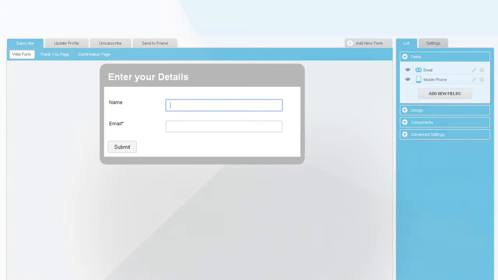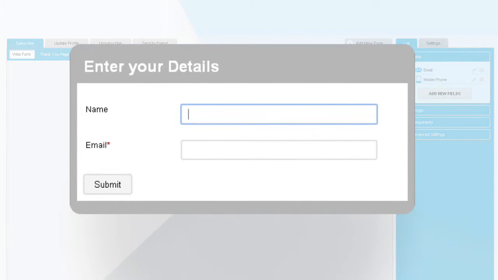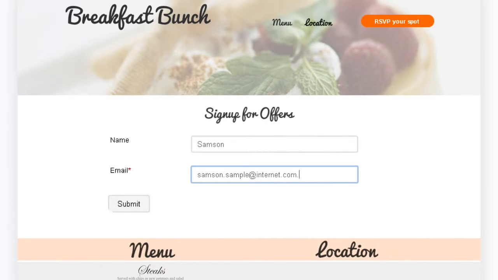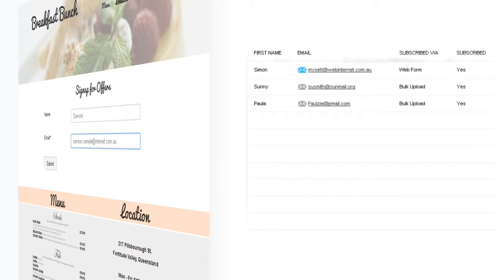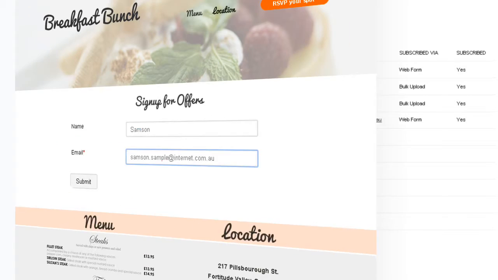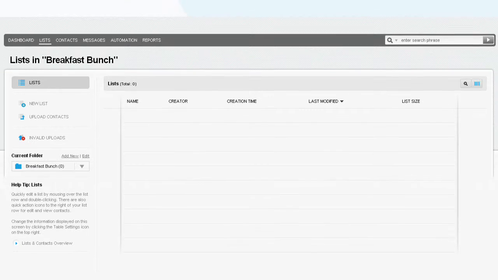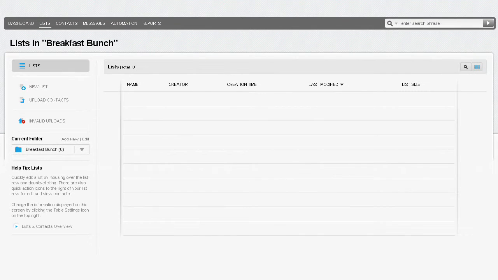Web forms can help you grow your contact list, and a great example is putting one on your website asking visitors to subscribe. Web forms are connected to your list, and any information submitted will be added automatically to your contact list in the system. So this also makes them great for organising events, inquiry forms, and even running competitions, anytime that you want to collect information. For now, I'll create a brand new form for my website that'll ask visitors to sign up to